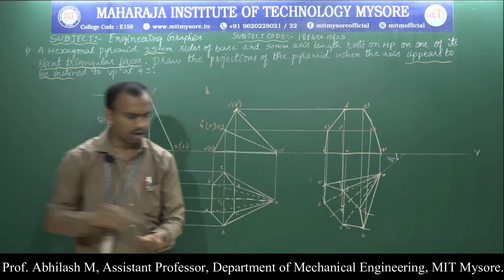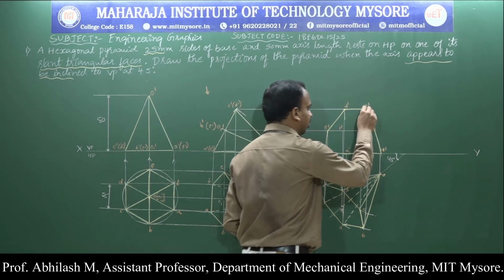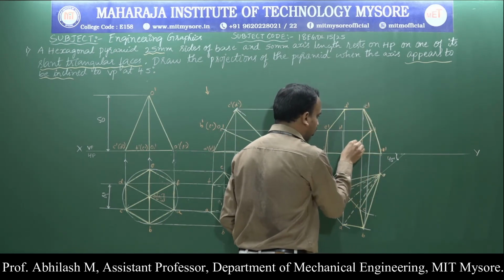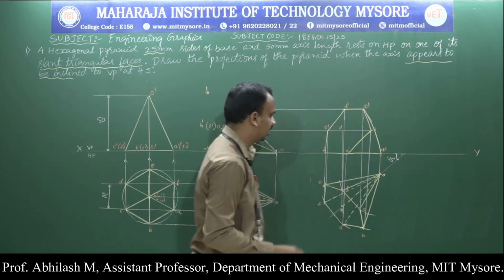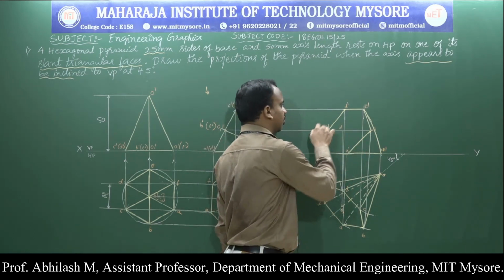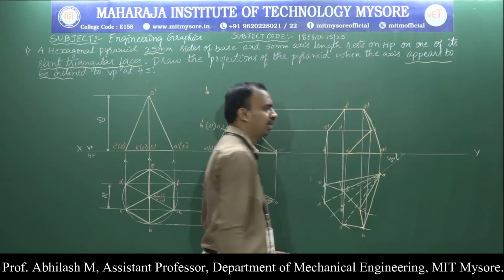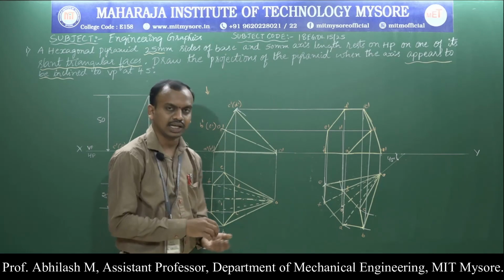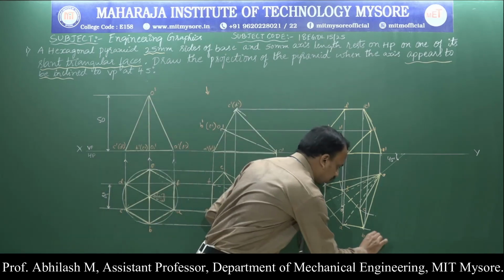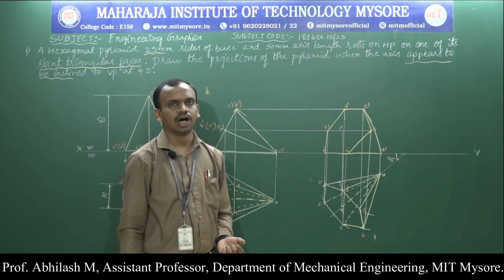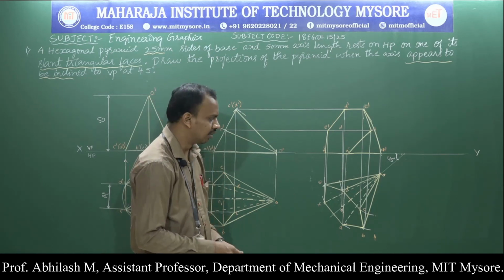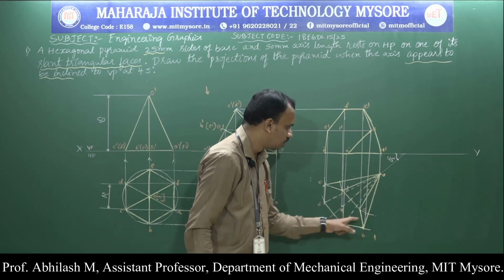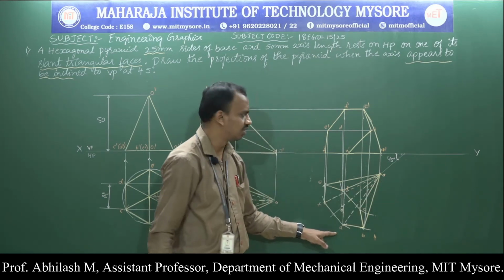So ensure that all the base edges are visible, that is from the point C dash to B dash and from the point of B dash to E dash. So A dash, F dash, E dash, D dash, C dash and C dash, D dash are completely visible. Now apply the conditions. What are the conditions that we are supposed to apply? The edges or the corners which are nearer to the observer are completely visible. So O to B is visible, O to C is visible, O to A is visible.